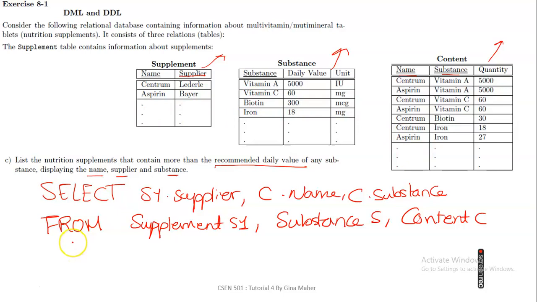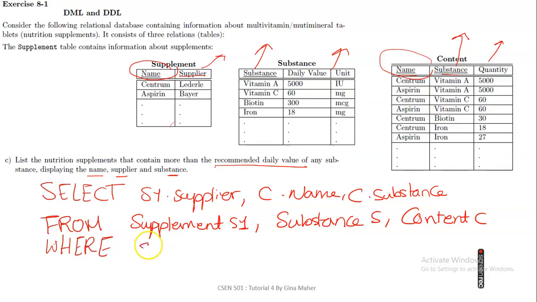the where. Okay, how can we join the supplement with content? The common thing between them is the name. So the name in content should be equal to the name of the supplement. And how can we join between these two tables and substance? When the substance here is equal to the substance here. So we should write this condition in the